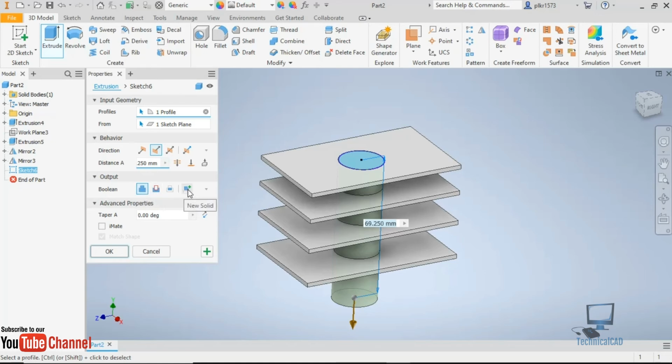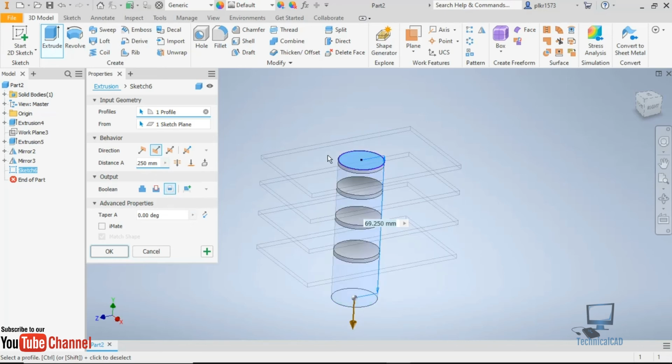Otherwise you can create a new solid. So these plates will be one solid and this circle will be a different solid. So there are a total of 2 solids in the bodies. The next one is intersect. Intersect means only the intersection position of the circle and rectangular plates will be available on the screen. So this is called extrude. In the same way we have to use the extrude.